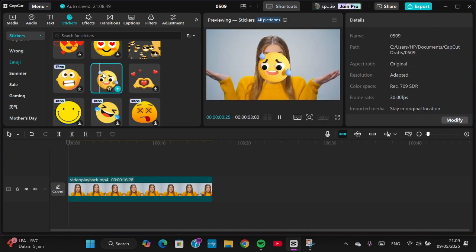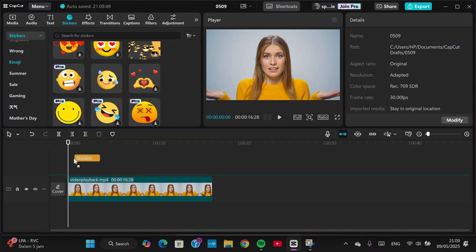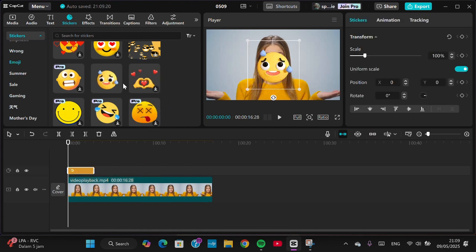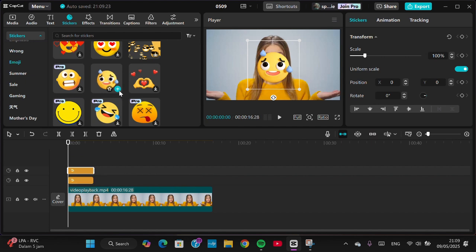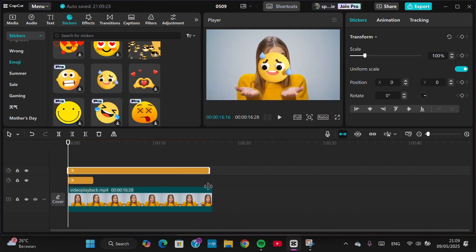We can download the emoji and then we can drag the emoji like this, or you can simply click on this plus button to add the emoji to your video. And then I'm going to make it align with my video like this,